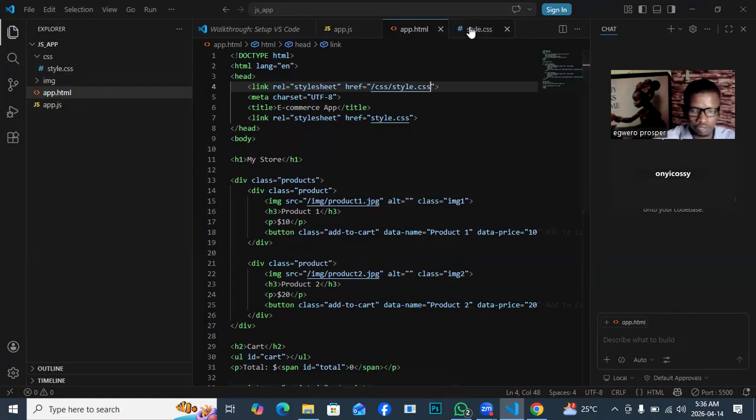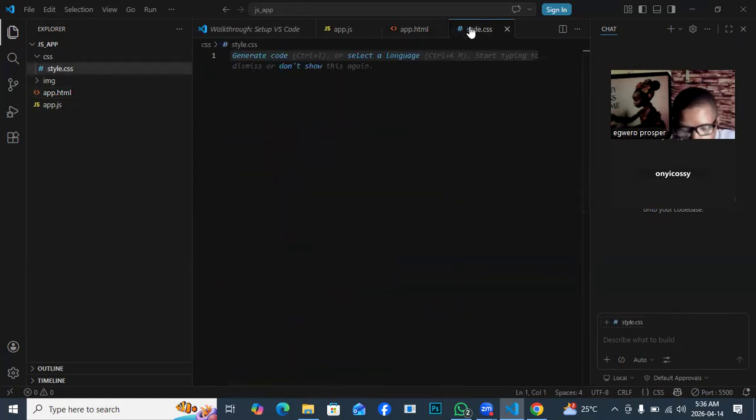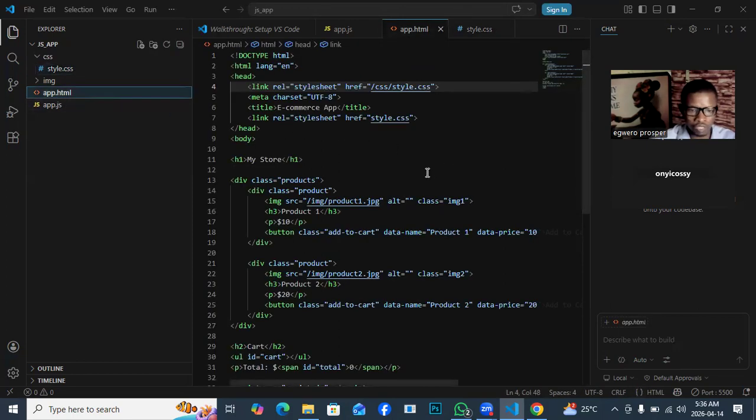So let's go into the CSS aspects and begin to talk to the elements one after the other. Remember I told us that when you are communicating with your CSS, you need to understand your HTML structure. So what is our HTML structure? If you go back to it, you discover